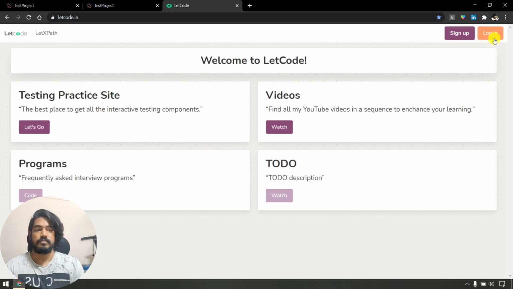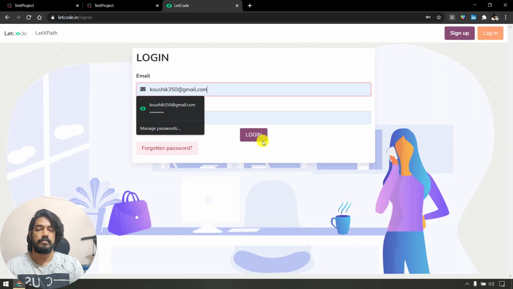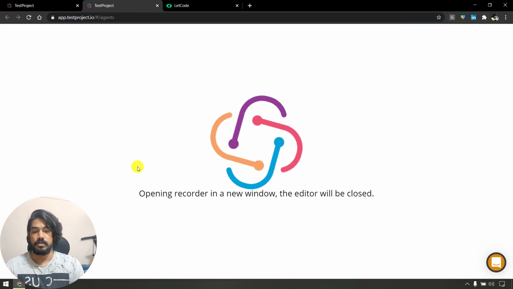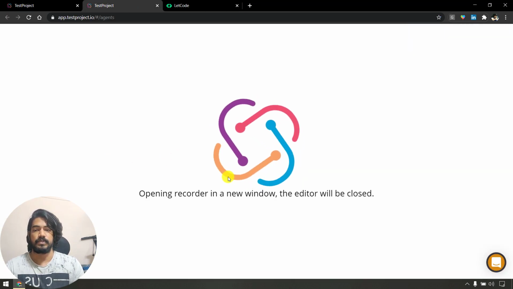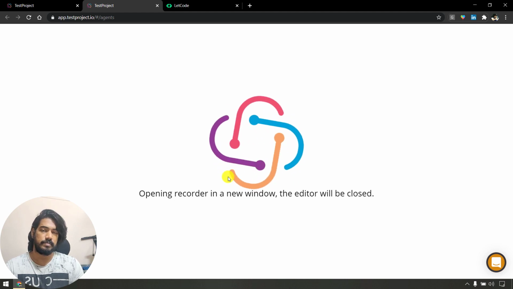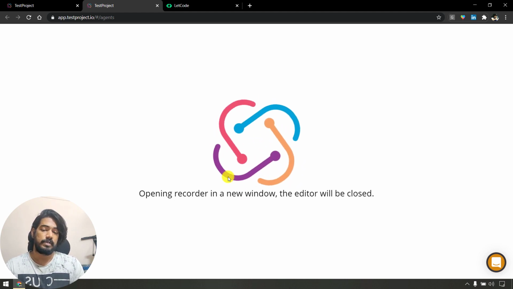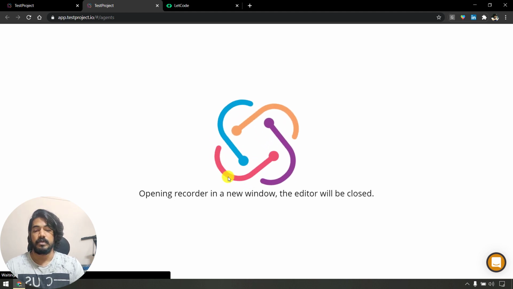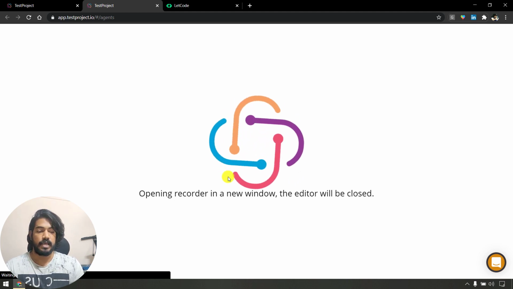What I'm trying to do is click on login, enter my credentials, do the login, and then wait for this element to be disabled, I mean validate that, and then probably just click on sign out. That is what I'm going to do now. Let's see how quick it's going to be. The initial setup is taking much time, I believe, but the next time it should be a little faster. Let's see what happens.